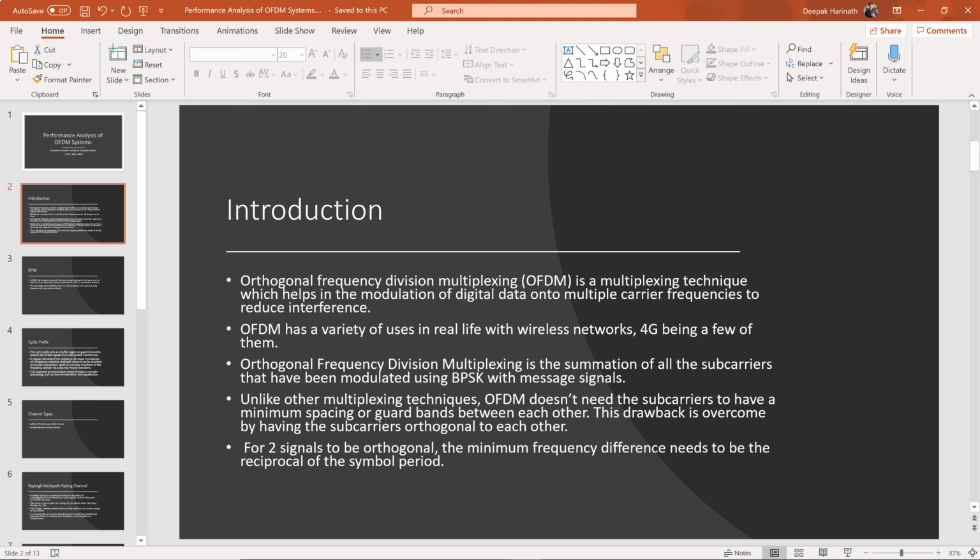each other. Now, for two signals to be orthogonal to each other, the minimum frequency difference needs to be the reciprocal of the symbol period. So the subcarrier frequencies will be 1/T, 2/T, 3/T, so that they are all